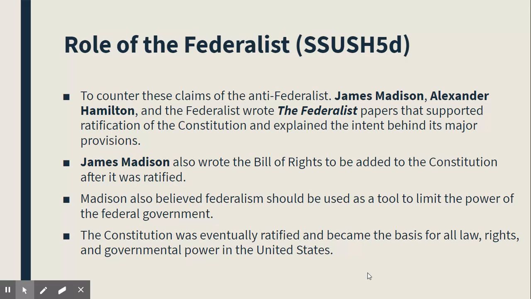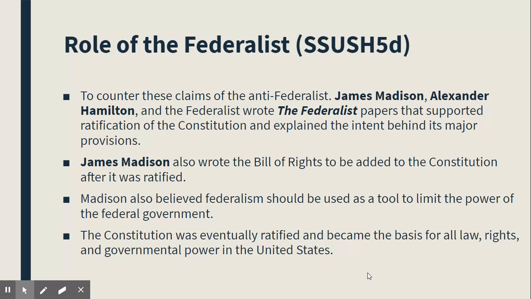Okay, so because of that, Alexander Hamilton, John Jay, and James Madison are all going to sit down and write something called the Federalist Papers, with Alexander Hamilton writing most of them. John Jay wrote 29, Alexander Hamilton wrote 51, James Madison wrote the rest, but James Madison also writes the Bill of Rights. Now they had to add the Bill of Rights to the Constitution as a way for them to ratify